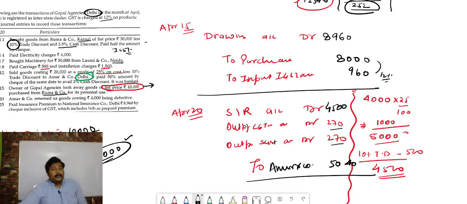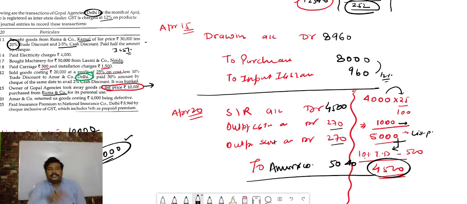Okay, so look once again, bacha, at this transaction. Costing 4,000. We did not sell on costing at all. We sold the goods on 25% profit. So when he returns, he will return at the same price. So 4,000's 25% profit will come up to 1,000. So the goods list price is 5,000. And goods are not purchased and sold on the list price because trade discount was there. So again we have to adjust the trade discount also. So 10% trade discount, 5,000, 10% will be 500. So the total price of the sales return is 4,500.